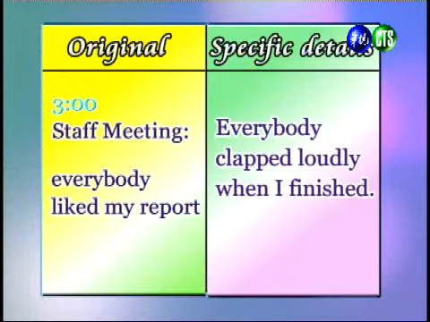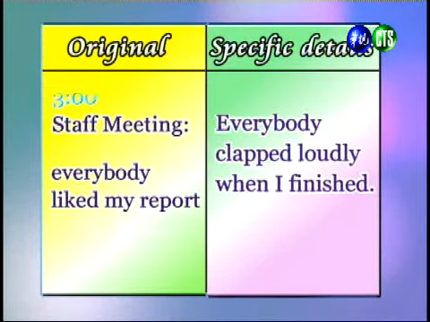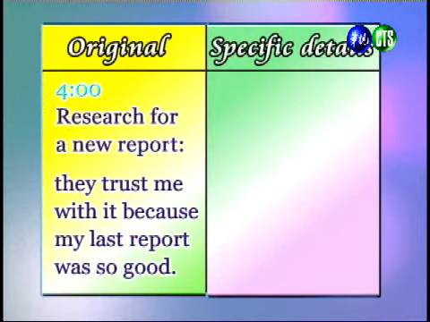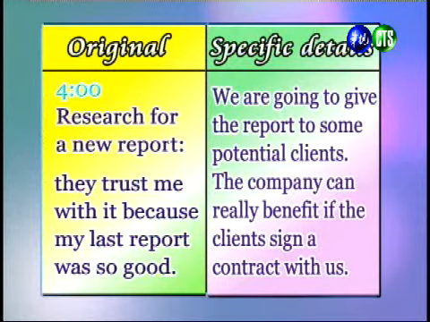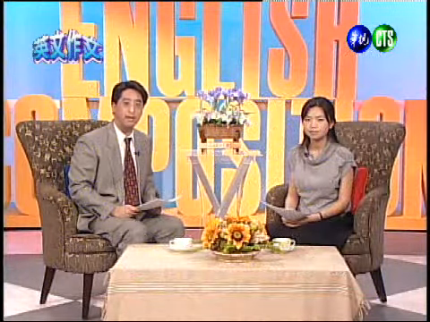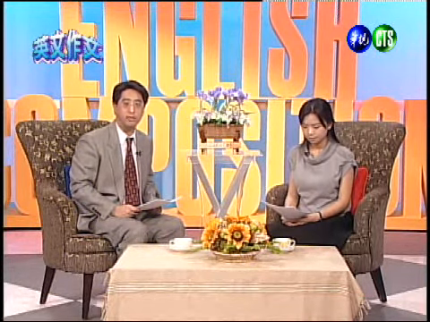All right, and let's see at 3 o'clock, then the really good thing that happened is that everybody clapped loudly when I finished my report. 好，3点的时候参加这个内部会议哦，那我们写说，每个人都很喜欢我的报告。那在这个地方，我们加入一些细节，是每个人都拍手哦，在我结束的时候都拍手拍得很大声。Right, and then also at 4 o'clock, he went to do some research, and the really good thing is that we're going to give the report to some potential clients, and the company can really benefit if the client signs a contract with us. 好，4点的时候呢，我们说到他在写一个新的报告哦。那这个地方呢，我们可以多加入一个细节，说这份报告呢将会给我们一些预期的顾客啊。那这些公司呢，的确会给我们一个非常好的合约。